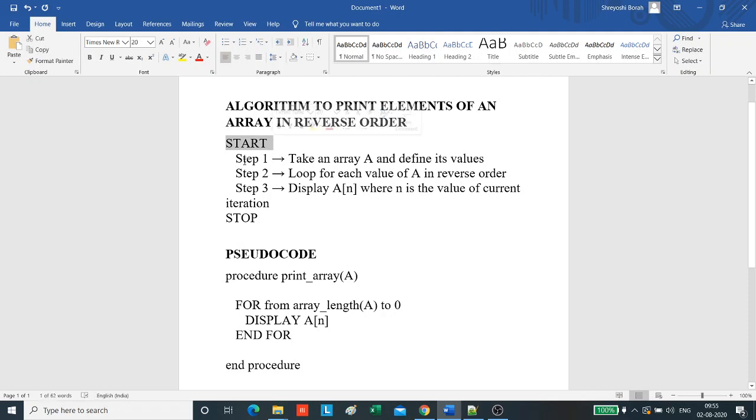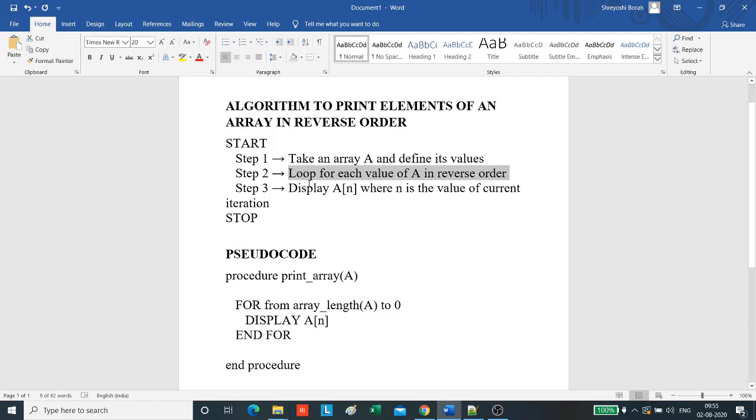We start. The first step is take an array A and define its values, which you have already seen in the previous array program. Second step is loop for each value of A in reverse order. This means that earlier, while printing the values, we started from index 0 and continued up to index n-1.